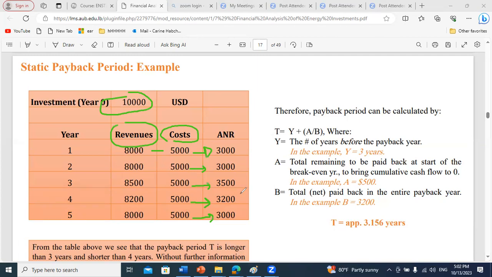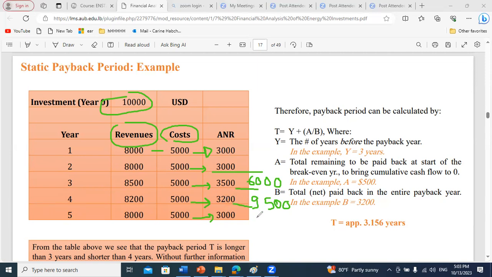Now, in order to determine the payback period, first we should add up, over the years, the annual net revenues. For example, at year 2, the savings will be 6,000. We are still less than 10,000, so we didn't reach the payback period yet. At year 3, the value is 9,500, so we are close, but we also cannot say that the payback period is 3 years. So we can say now that the payback period is between 3 and 4, because after year 4,